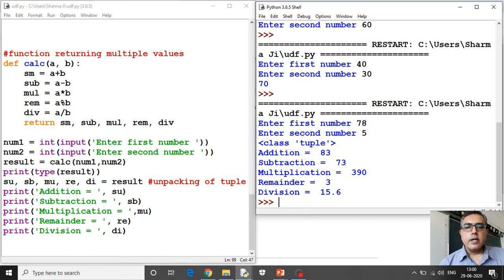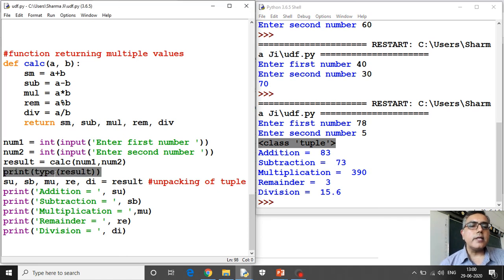Now see, it has displayed class tuple. What does this statement prove? This statement proves that the data type of variable result is a tuple, because this function was returning multiple values.